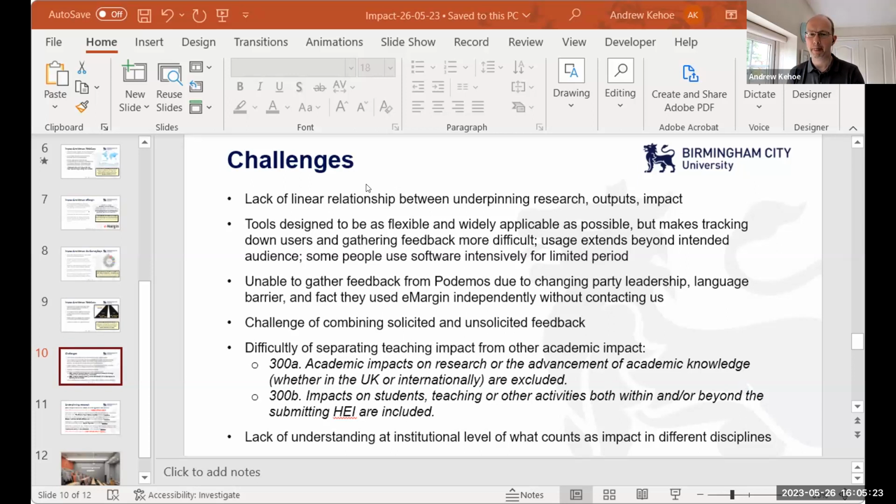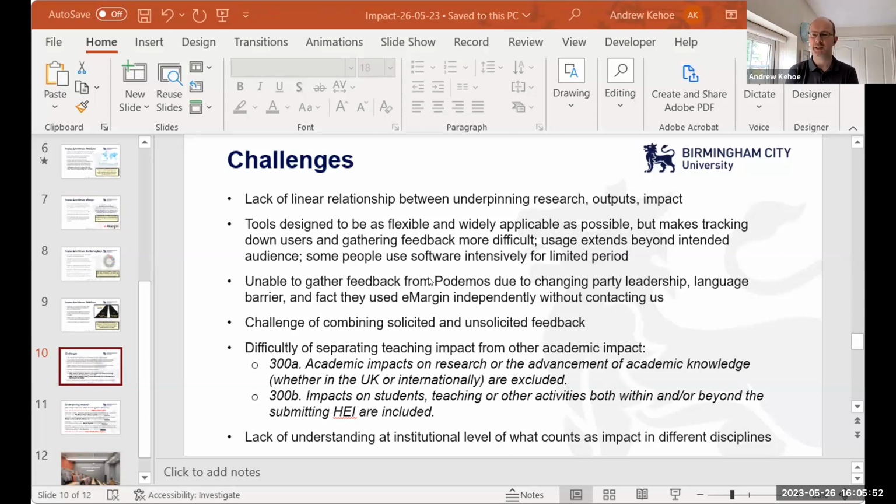Yeah, just gathering the evidence really, and knowing exactly what we're allowed to use and whether we're allowed to name people or not, and those kinds of things. That was a challenge, and the advice we were getting as well was quite contradictory about whether we can name specific people in the case study, even if they'd given us permission to name them. So that was challenging. And then, as I said, this thing about solicited feedback versus unsolicited feedback, because obviously if